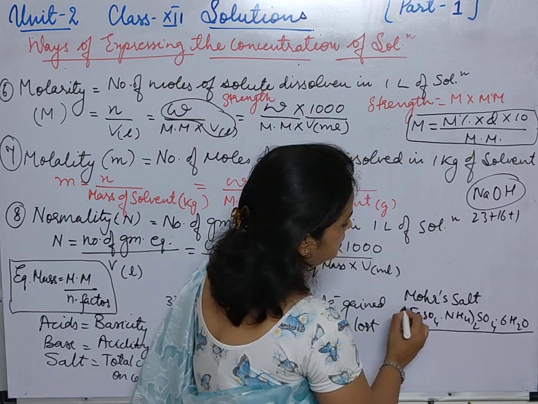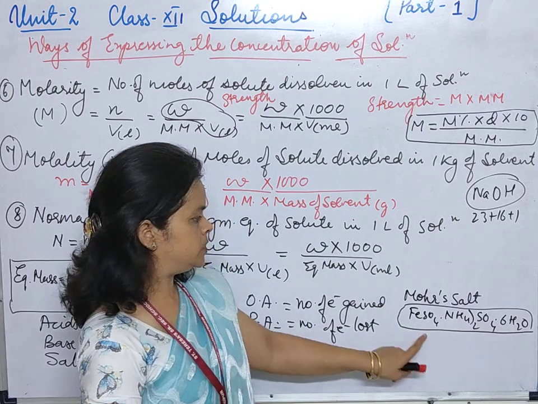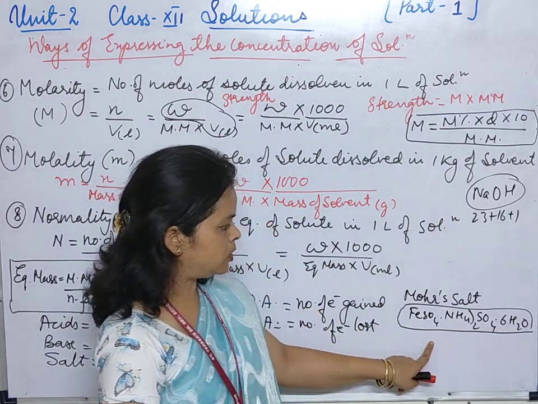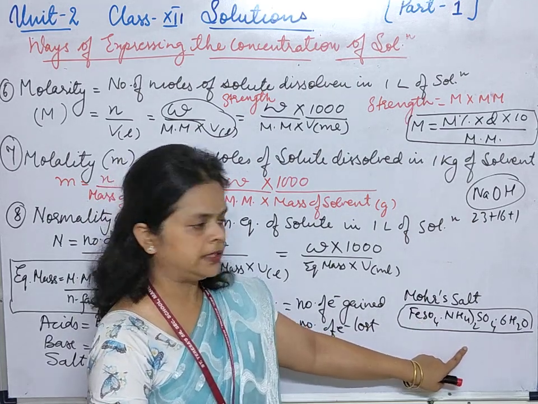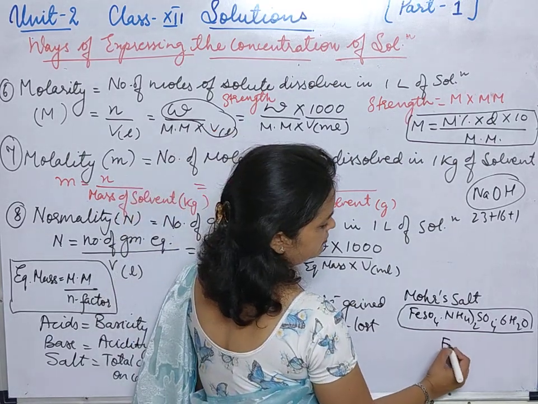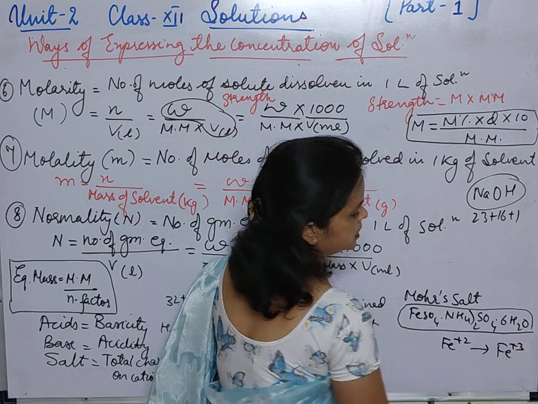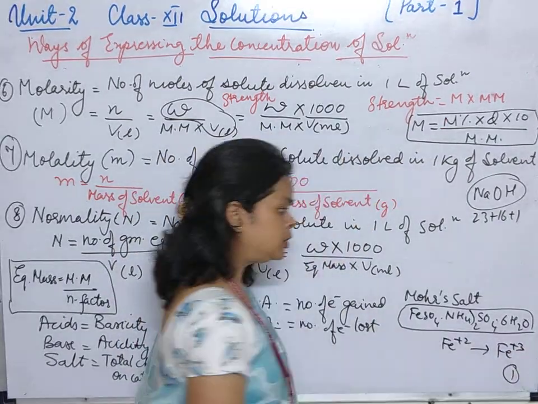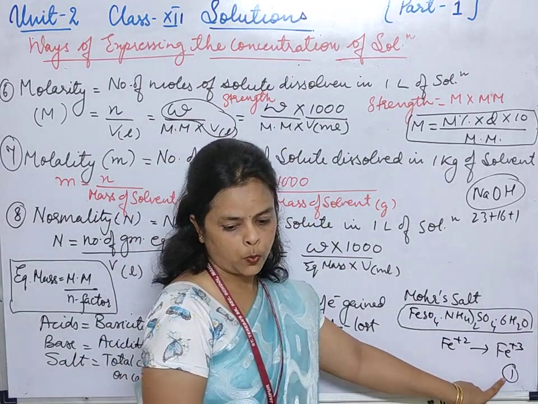अगर हम इसका कैलकुलेट करना चाहते हैं कि what is the equivalent mass, so students पहले इसका मॉलिक्यूलर मास कैलकुलेट करो. ठीक है. Now this is the salt, so calculate the total charge present on it. Either do like this or, in this, actually what is happening, Fe+2 gets oxidized into Fe+3. So how many electrons has it lost? 1. तो आप क्या करोगे, इसका मॉलिक्यूलर मास निकालो और उसको divide कर दो 1 से.